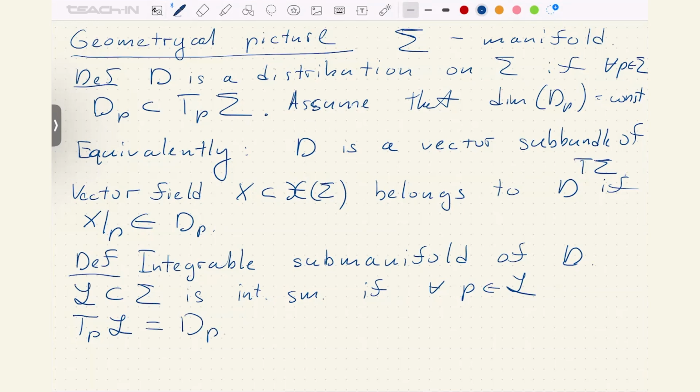So what I mean here, so we pick a point,